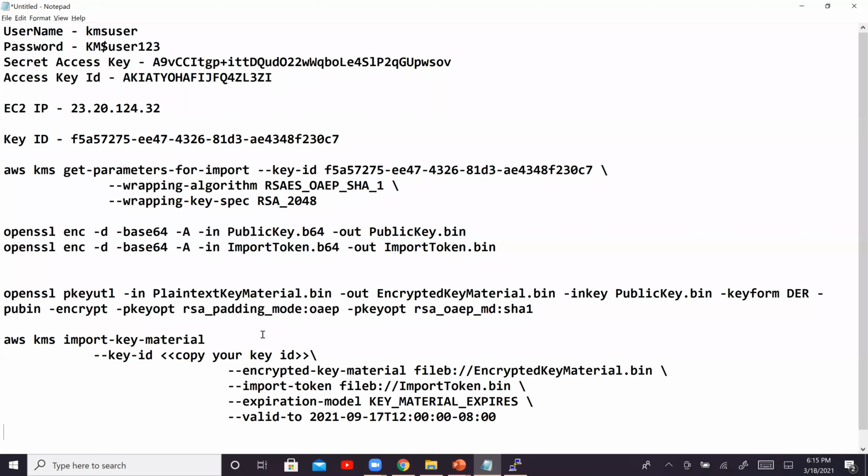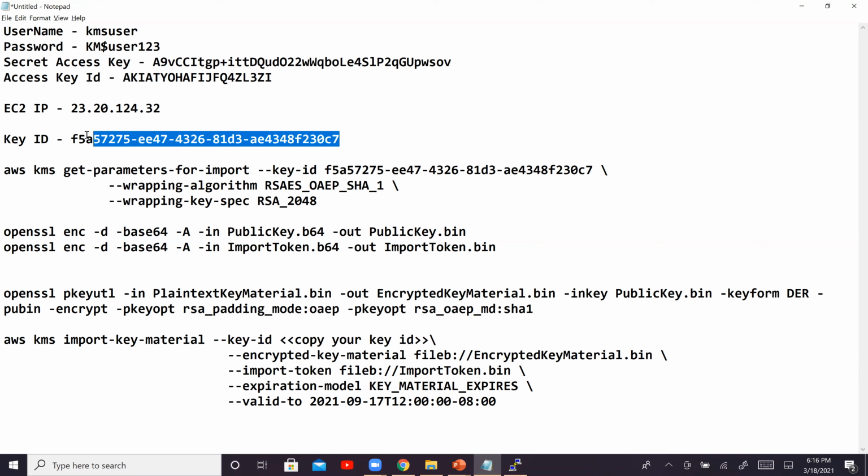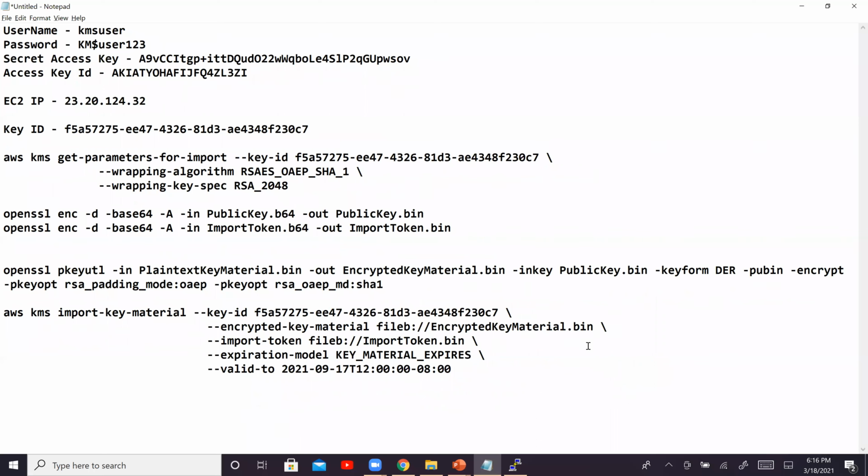So if you have got everything right, like especially all the algorithms and everything, you should be fine with this particular step. What you need to do over here is you need to replace your key ID. So let's copy your key ID. So copy, paste, ensure there's space. This is your encrypted key material right there.